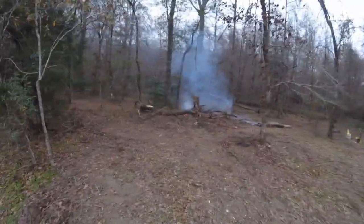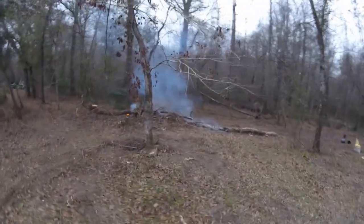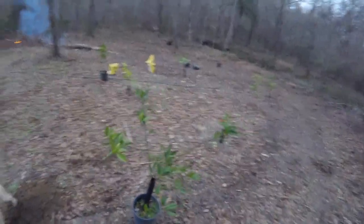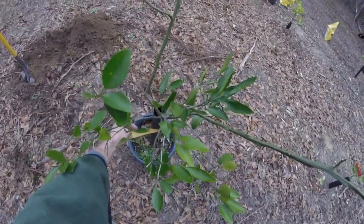I've got this cleaned out, pushed that over there in a pile with the tractor earlier today, and got that kind of burning and doing what it's supposed to do. I planted quite a few other citrus since that other video, but what I'm going to do, I'm going to plant this gorgeous looking satsuma. What variety is this? This is a Frost Owari